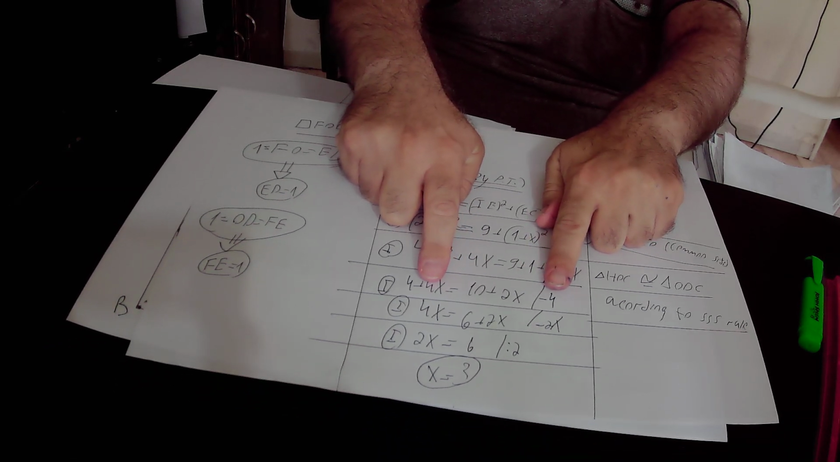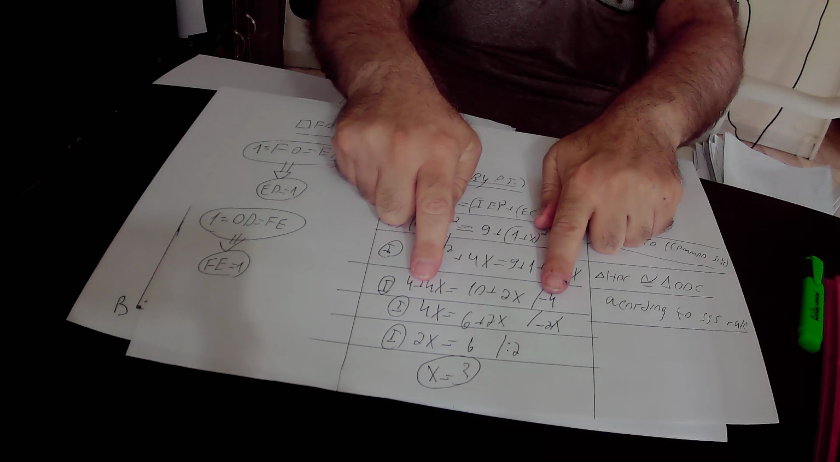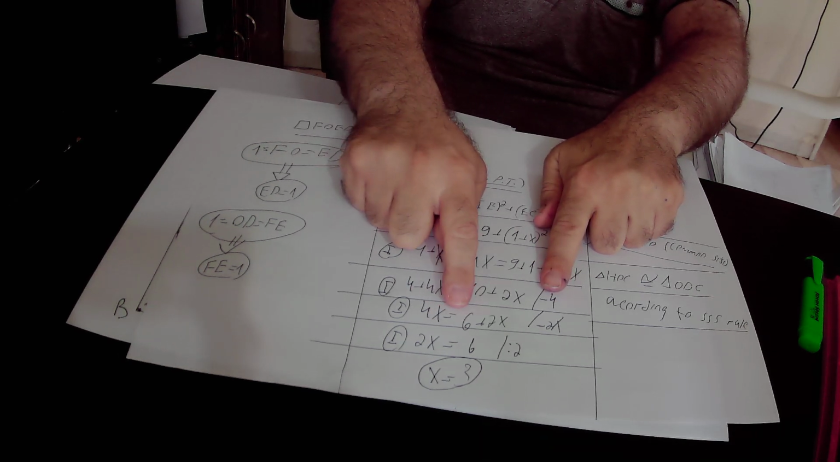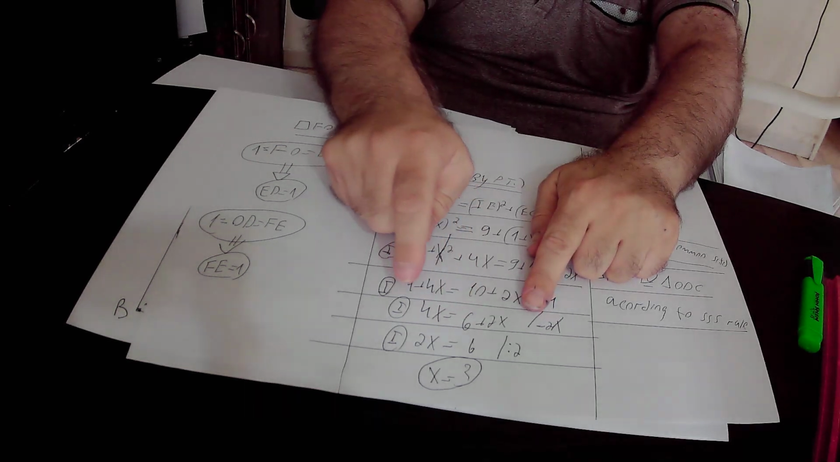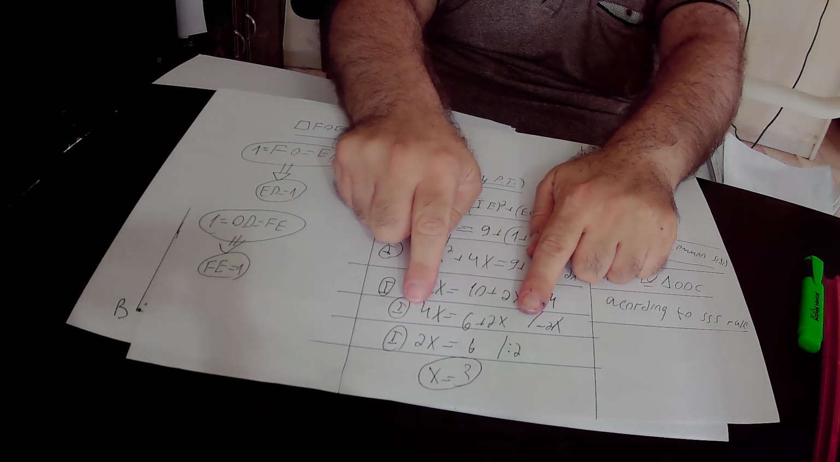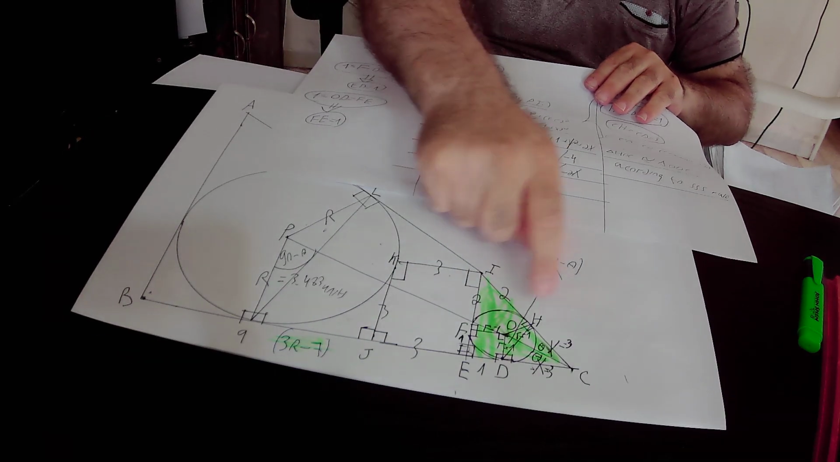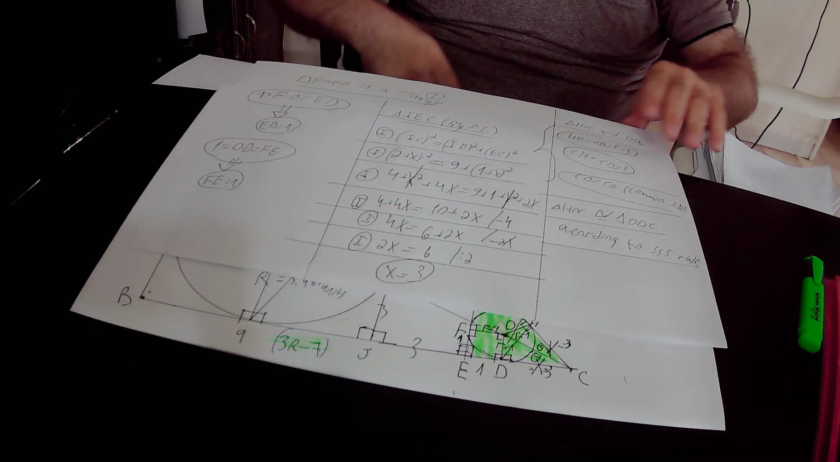We subtracted 2X from both sides of the equation and found that 4X minus 2X is 2X, and that is equal to 6. We divided this equation by 2, and we got that X equals 6 over 2, that is 3. So here X equals 3 and X equals 3. Then